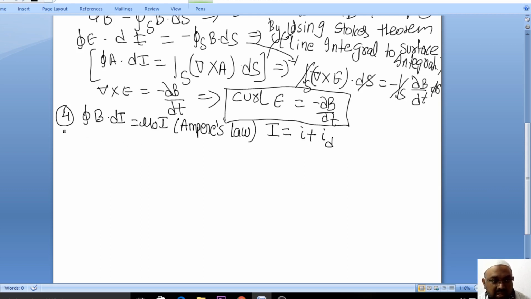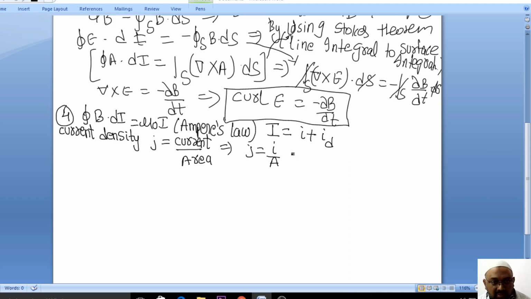So here also we'll take the current density. We want to convert it from the integral form into the differentiation form, and for everything we are doing this by taking the density. So let us consider current density. You already know current density J is related to current by area. So J is equal to I by A. Can I write like this?